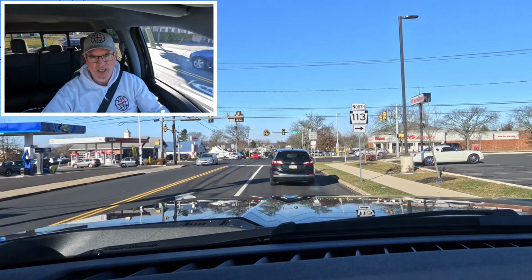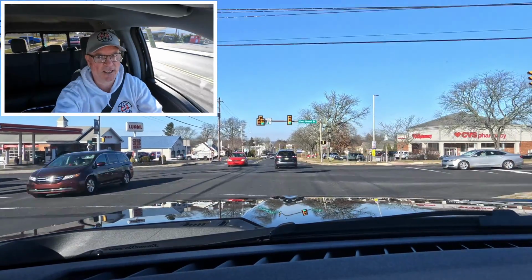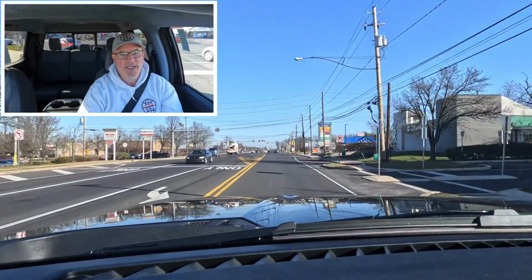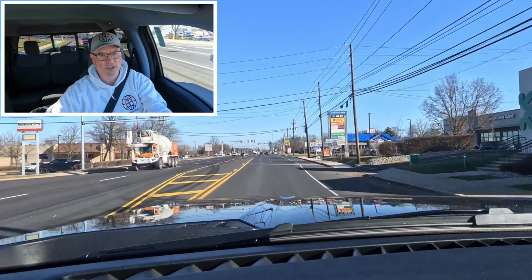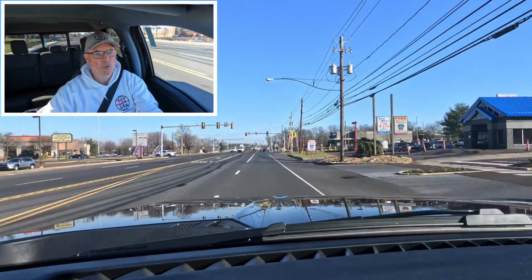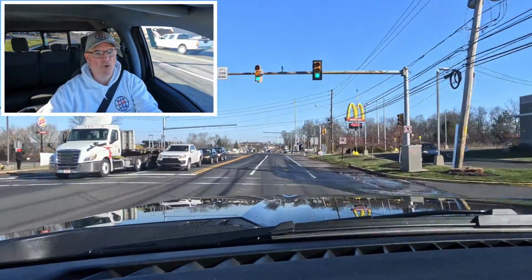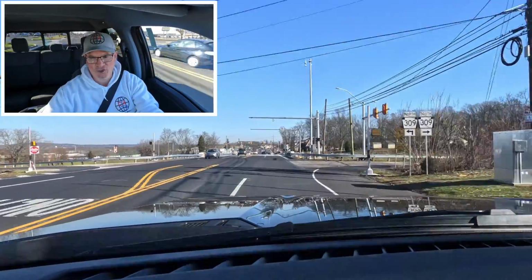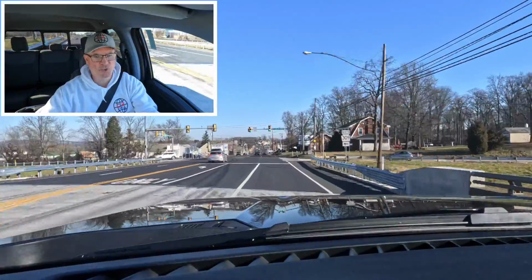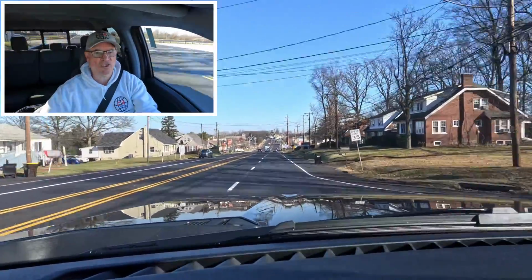But I think at this kind of money with the XLT, I would like a heated steering wheel, because a lot of guys are going to be using these babies in the winter to snow plow. It would be nice to keep your hands warm with a heated steering wheel. So I would really like to see that, and probably a wireless charging pad wouldn't be half bad to stick in here either, since we got the Sync 4 going with the wireless CarPlay and Android Auto. Not having to plug in and being able to charge on the pad while you play your tunes or your Sirius XM, that would be kind of a nice thing to do,